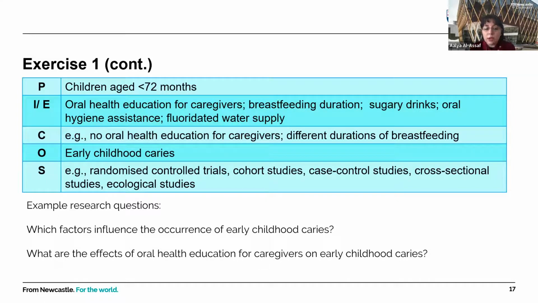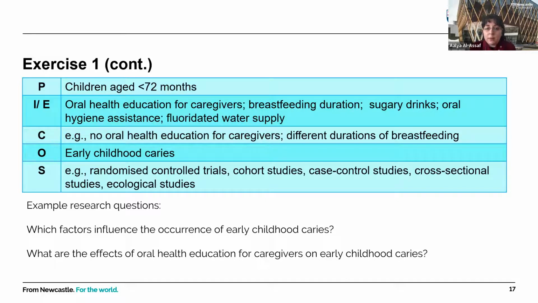So we've tried to come up with two types of research questions: a broad one, which is here, which factors influence the occurrence of early childhood caries? In this case, we haven't specified a particular factor, but we are interested in identifying the factors that have an effect on early childhood caries.